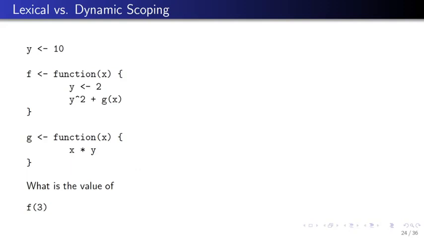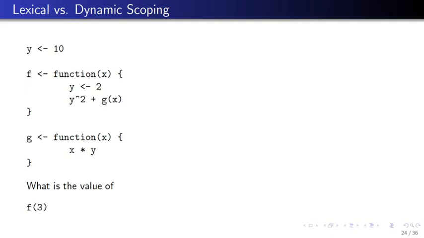I want to make one brief comparison between lexical scoping, which is what R does, and dynamic scoping, which is what maybe some other programming languages implement. So here I'm assigning the value of y equal to 10, and then I'm creating a function f, which takes as an argument x, and then it assigns y equal to 2, it squares y, and then adds g of x. So what's g? g is another function which takes as an argument called x, and it multiplies x times